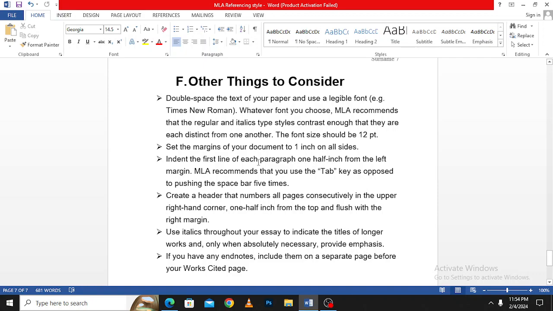Set the margins of your document to 1 inch on all sides. Indent the first line of each paragraph 1/2 inch from the left margin. MLA recommends that you use the tab key as opposed to pushing the spacebar 5 times. Create a header that numbers all pages consecutively in the upper right-hand corner 1/2 inch from the top and flush